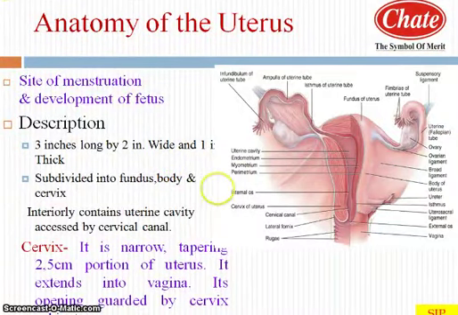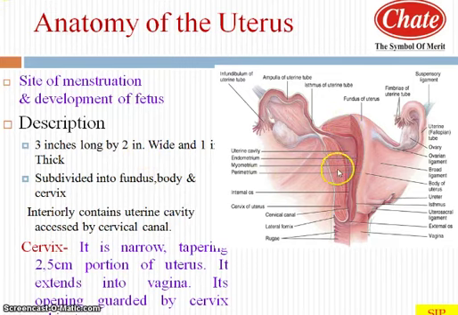Uterus is the most important part because the uterus is a single median hollow muscular glandular highly distensible and highly vascular pear-shaped sac present in the pelvis region between urinary bladder and rectum. Average dimension of uterus is 7 to 8 centimeter in length, 5 centimeter in width and near about 3 centimeter in thickness.